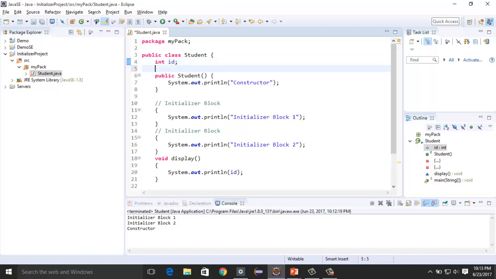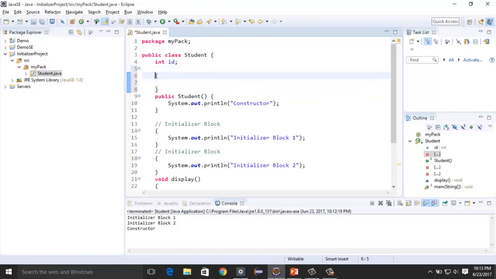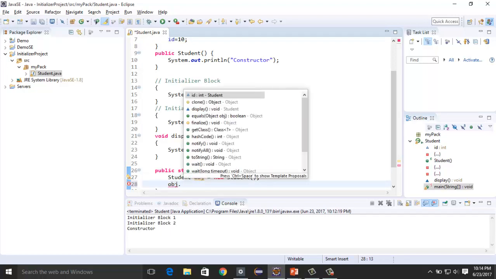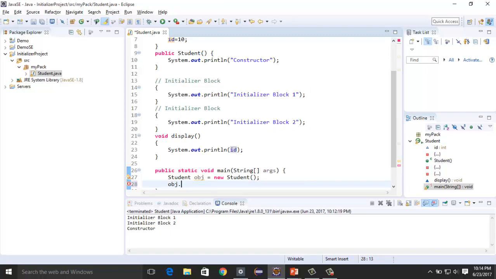So one thing I can do, I can create an instance initializer block, where I can provide value to instance variable. So now what I need to do, let's call the method obj dot display.